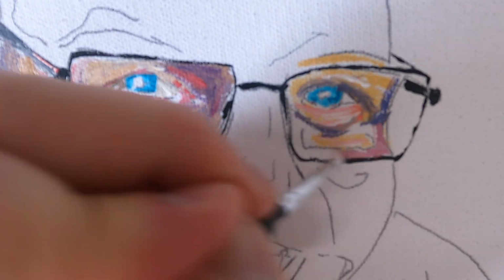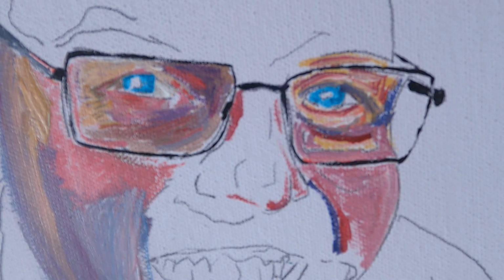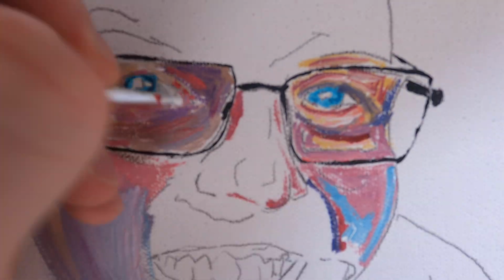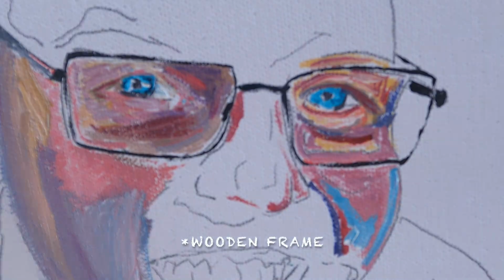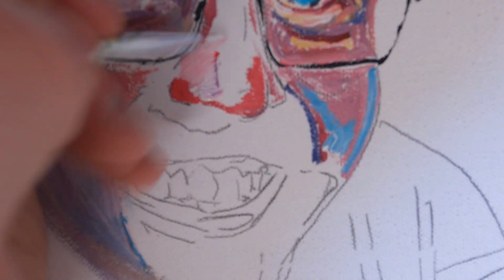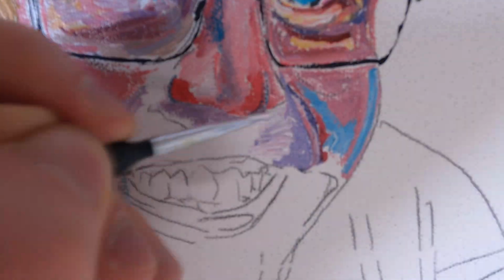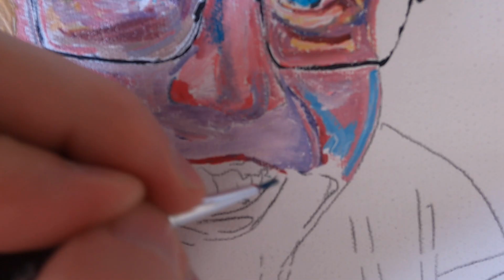So Katie has seen the initial pencil transfer, but what Katie doesn't know is that I actually started the pencil transfer with the carbon paper once again, because the other canvas had a slight nick in the wooden panel, so I decided to start again. So this is a brand new sketch, and what Katie won't be seeing is the application of the paint,